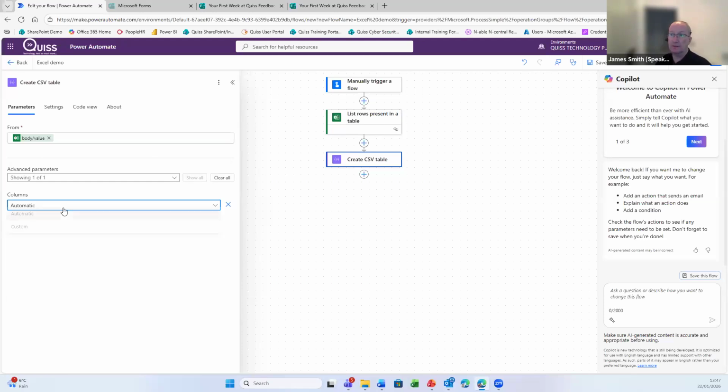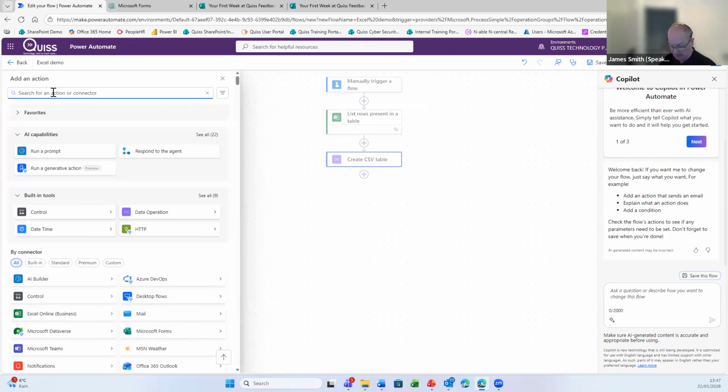What columns do I want? I could give them custom columns. I'm going to go with automatic columns. So this will create me my table. From this, I can then actually create a file. So I'll add another action and